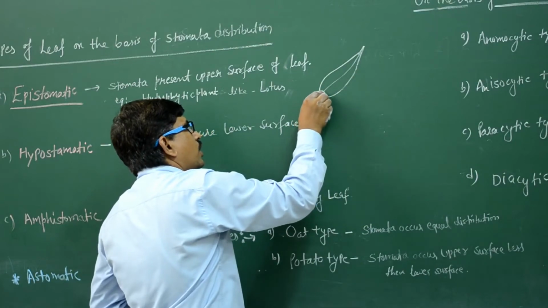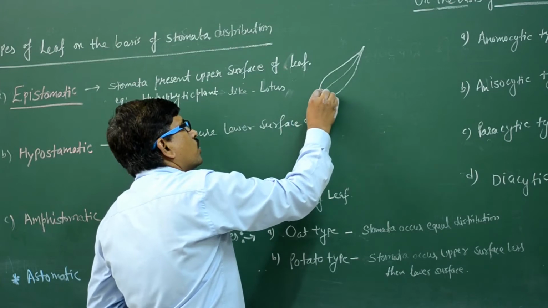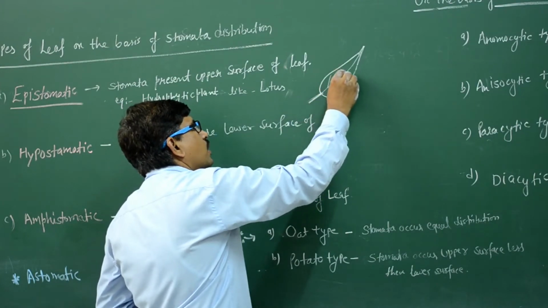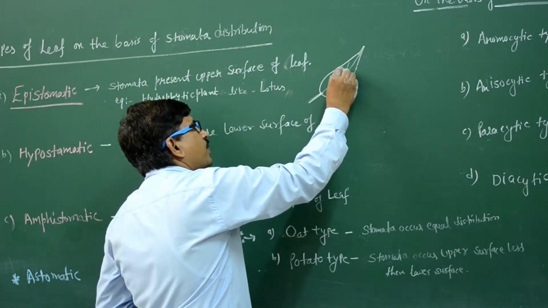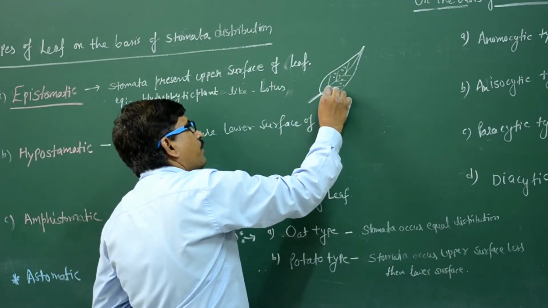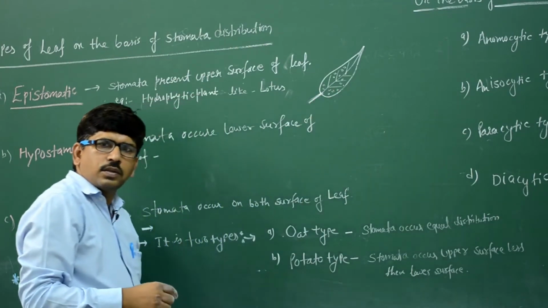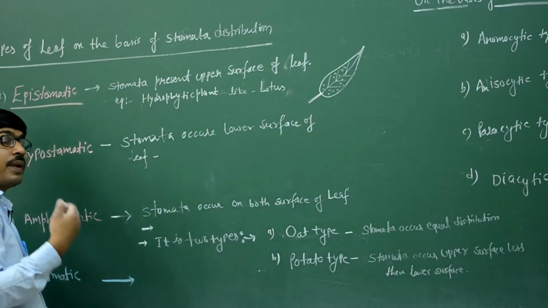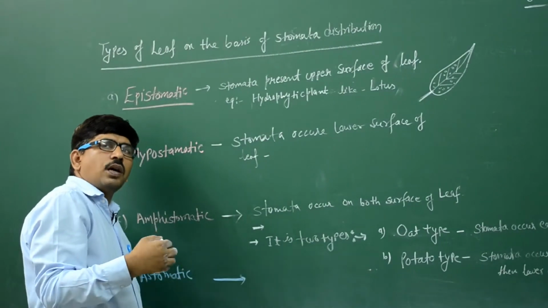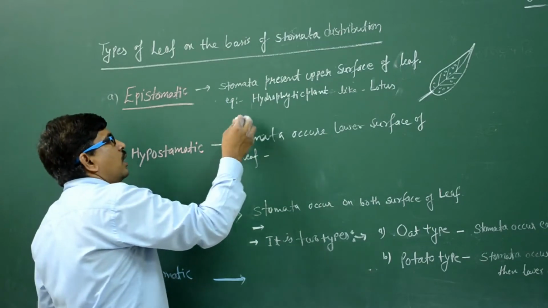You know that leaves in dicot plants are generally dorsiventral. This is the upper surface. The leaves in which the stomata are present on the upper surface are known as epistomatic. Clear? We can say upper epidermis. When the stomata are present on the upper epidermis, it is known as epistomatic, and the example is